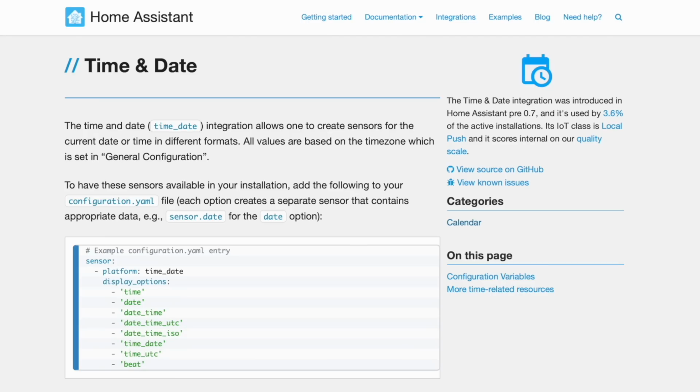Of course, this one isn't something that gets set up in the UI, so we have to add this to one of our YAML files. And of course, depending on how you've set up your Home Assistant configuration, you might be able to add this in multiple places. For example, they say here the configuration.yaml file. And we could in fact just copy this